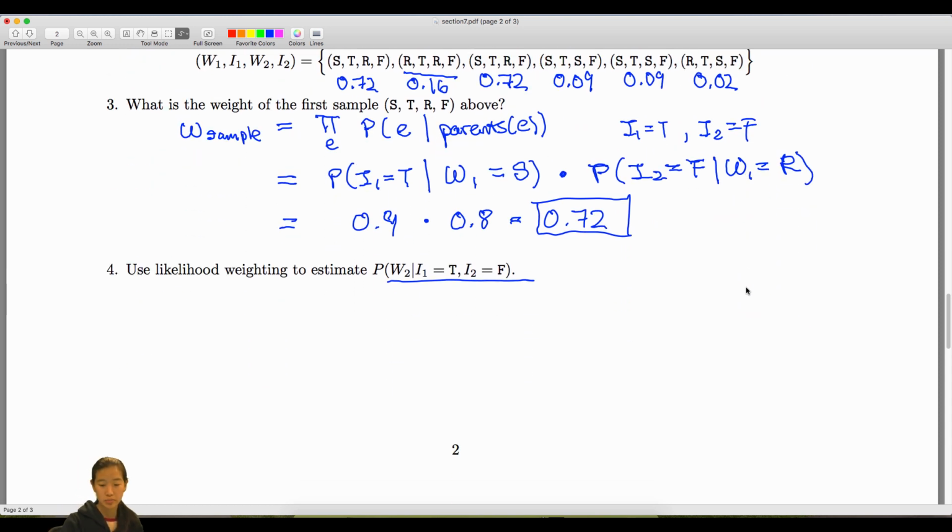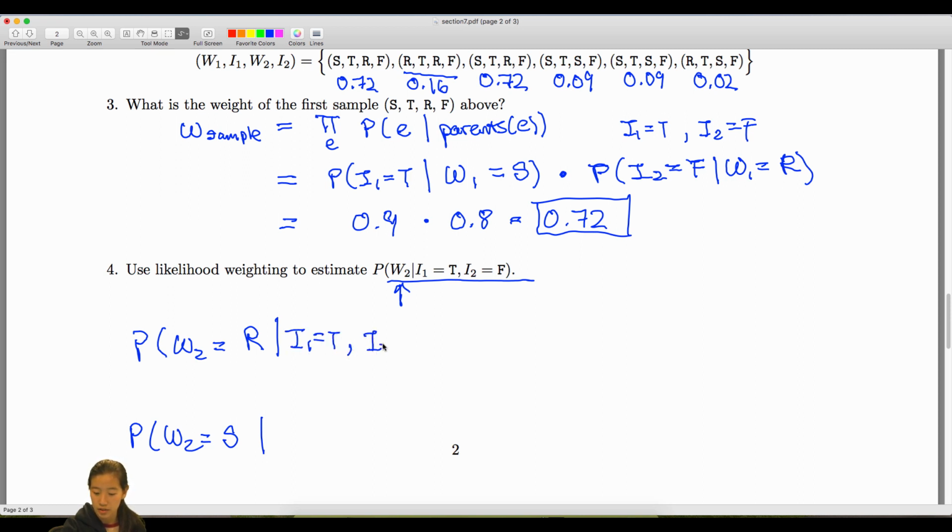We're going to have the probability of, well, since we want an unobserved W2, we have to do both of them. So let's do W2 equals rainy first, and then we can solve for the second one, probability of W2 equals sunny, given I1 equals true, I2 is false. This is going to equal the number of samples, but all of a sudden our samples aren't going to be sum of 1, divided by the total number of samples. I put quotes around this because all of a sudden it's not the true samples anymore, they're the weights of the sample. So we're going to sum over the weights of the